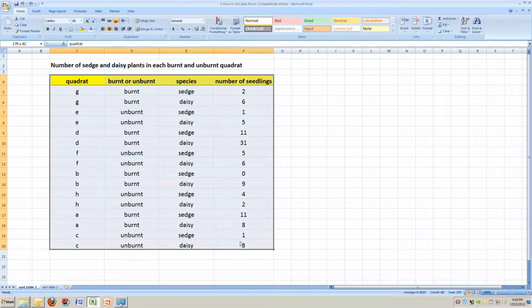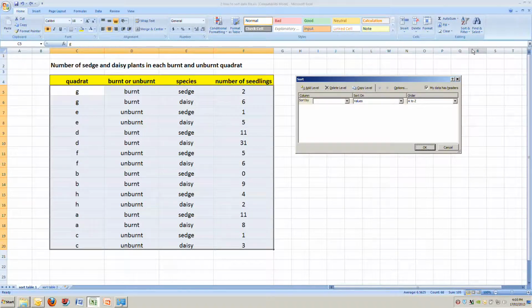Now if I select all of that table, we go to sort and filter to custom sort once more. This time we'll start with burnt or unburnt. We'll sort on that because we know that's the first step we want. Then we'll say add level. See this little add level command in the dialog box? Click on that. Then, after we've sorted on burnt and unburnt, we'll sort by species from